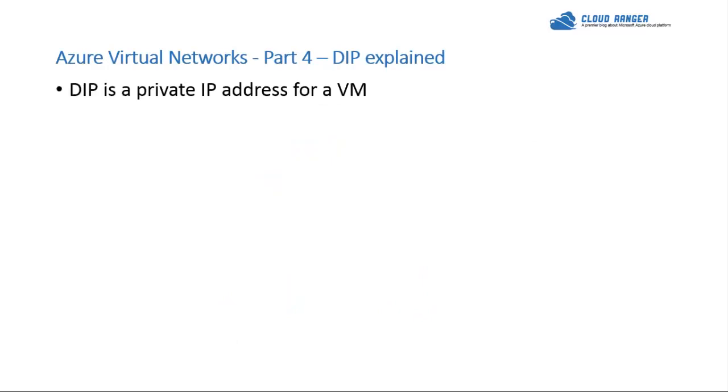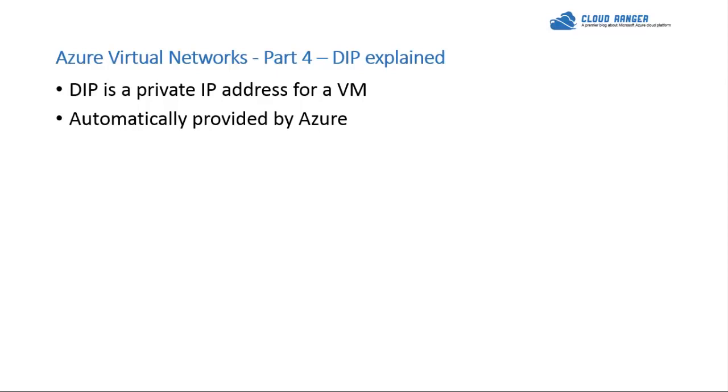So we know that DIP is a private IP address for a virtual machine. So anytime you turn on a virtual machine, it gets a private IP address. It is sort of automatically provided by Azure. So anytime you spin up a virtual machine with a quick create or whatsoever, you'll see that the virtual machine already has an internal IP address. So the contrast between this and on-premise would be that on-premise, if you spin up any virtual machine or any server, it would turn itself on and